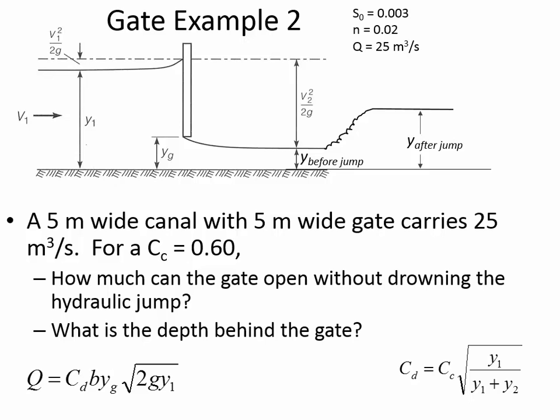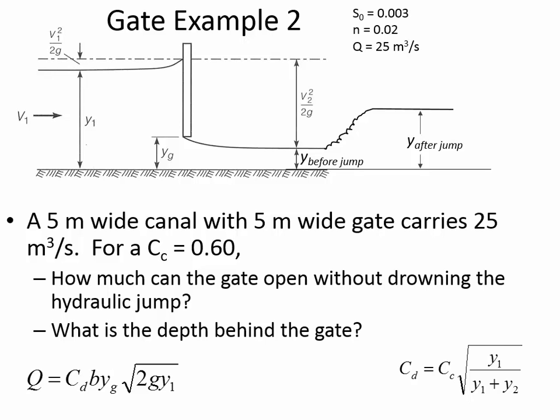Okay, max opening height. We first need to find the depth before the jump using the Bélanger momentum equation. So that's going to be the depth after the jump, 1.78 meters divided by 2, multiplied by -1 plus the square root of 1 plus 8 times